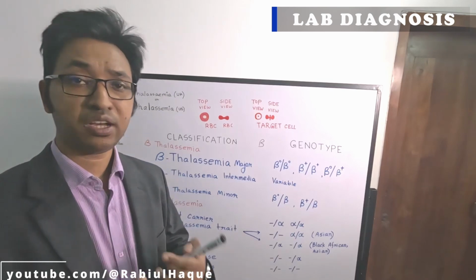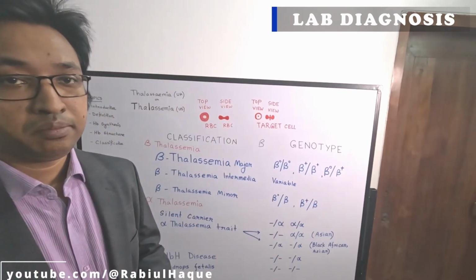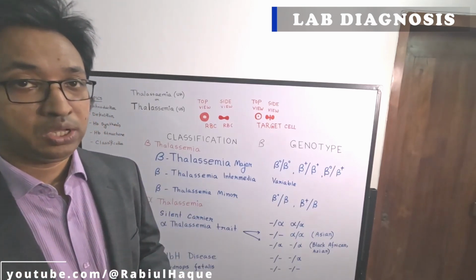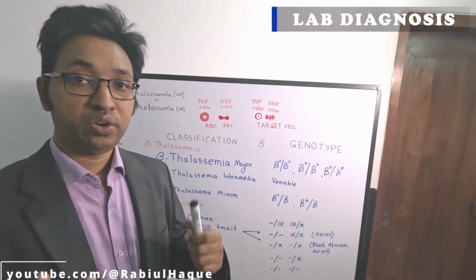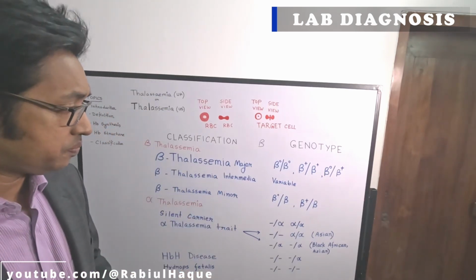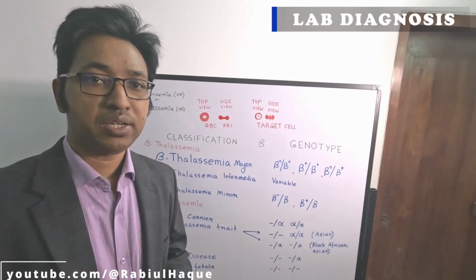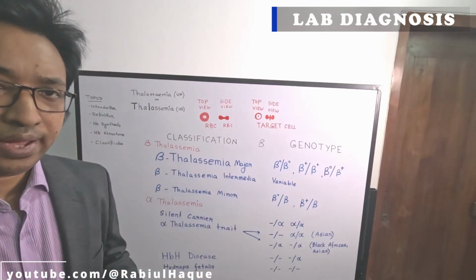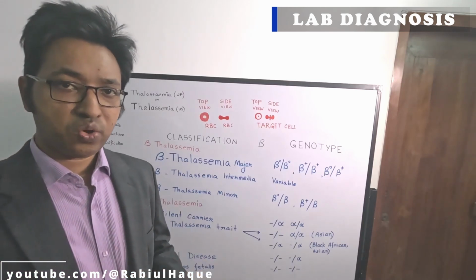So in beta-thalassemia major, we will see severe anemia. There will be microcytic, hypochromic red blood cells, right? So mean corpuscular volume will be reduced, mean corpuscular hemoglobin will be reduced, reticulocyte count will be increased, but not according to the severity of the anemia, because a lot of the cells are getting destroyed in the bone marrow